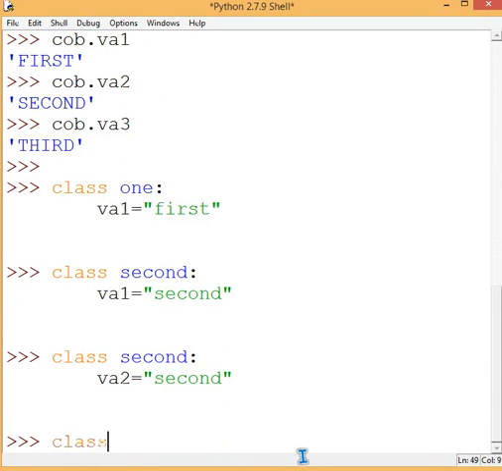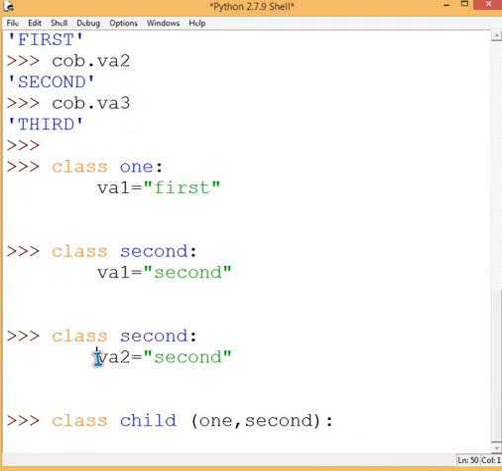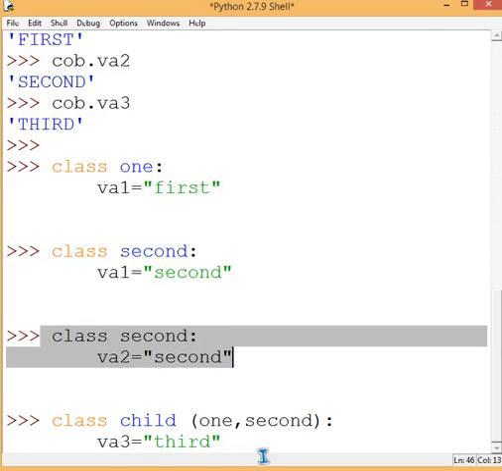Then again class child, with one from here, comma, second from here. Now I will give one more variable, the third variable. Now we have three variables. This child has va1 because of this, va2 because of this, and va3 because of this.